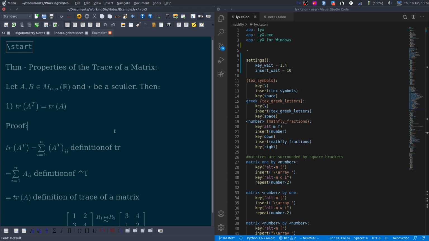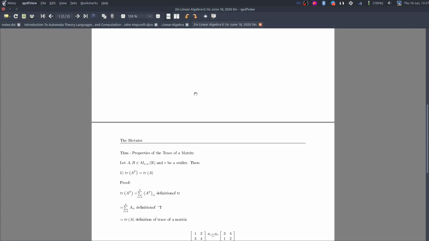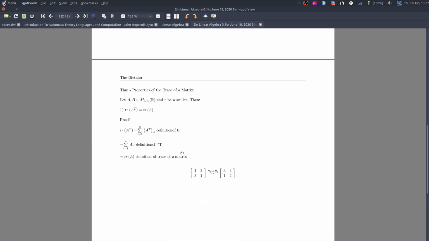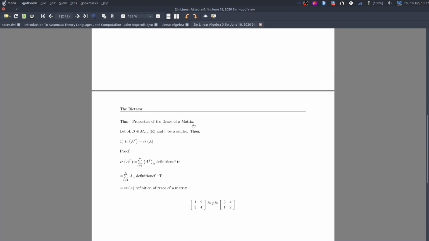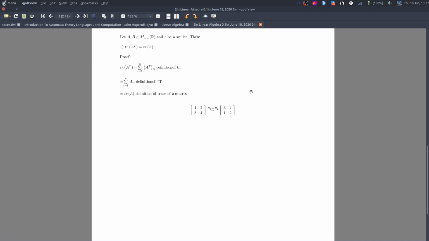I can view this as a PDF now. So Talon wake, view PDF, Talon sleep. So I can just command it to open up the PDF. Usually I would just focus into the PDF viewer. I have it open on another monitor, so I have to drag it here anyways. But I can usually just say focus PDF, and it will focus the PDF viewer. So yeah, this is the file.